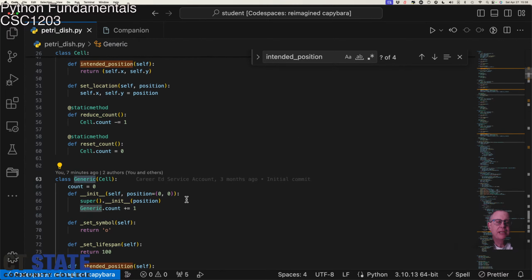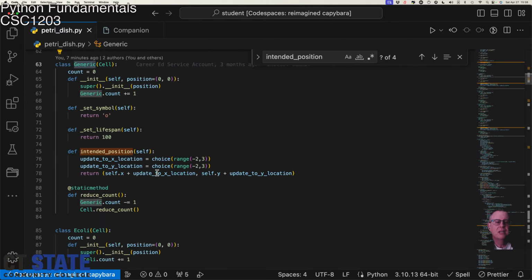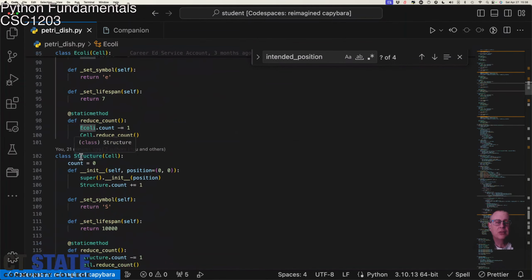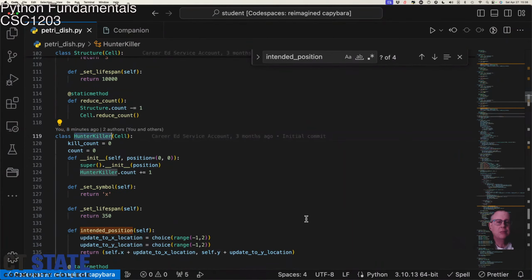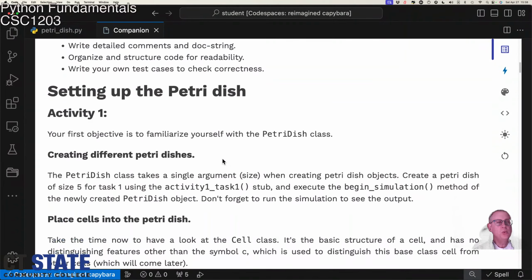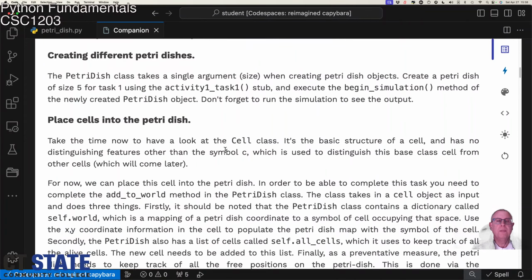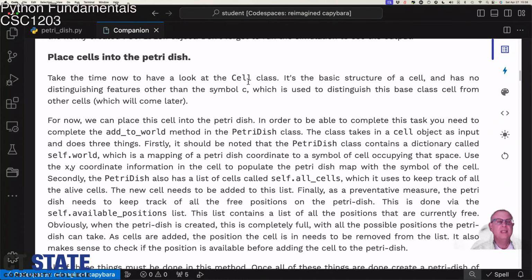And then we're going to make a generic cell which derives from cell but is called generic, and we're going to make an E. coli one, we're going to make a structure one, and we're going to make a hunter-killer one. Okay, so the first thing to do is we need to